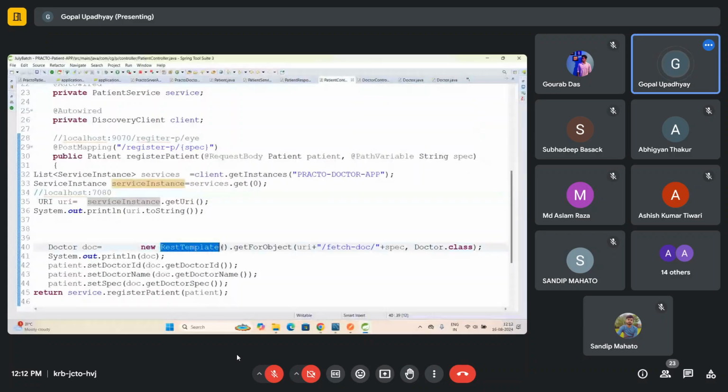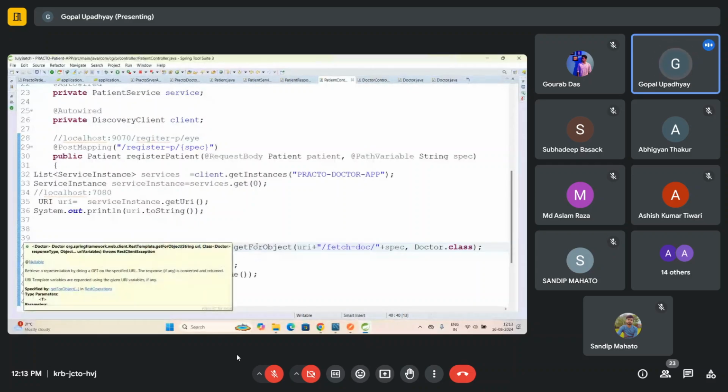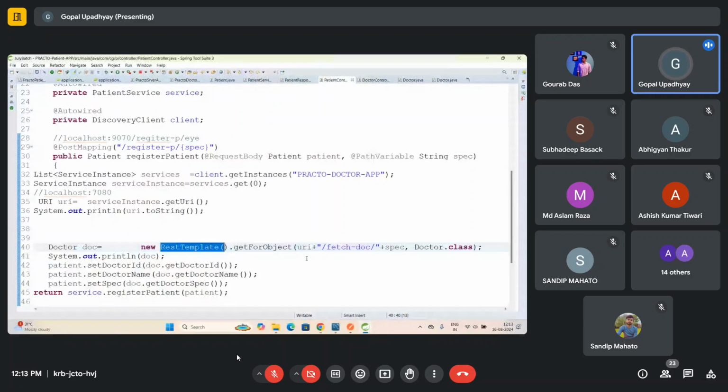अब उसको कॉल करने के लिए, दे गिवन वन ऑब्जेक्ट ऑफ रेस्ट टेम्पलेट टू कॉल HTTP टू मेक द HTTP रिक्वेस्ट। जैसे हम पोस्टमैन से इस रिक्वेस्ट को सेंड कर रहे हैं, अब ये हम रेस्ट टेम्पलेट ऑब्जेक्ट से सेंड कर रहा हूँ। रेस्ट टेम्पलेट ऑब्जेक्ट का देयर इज ए मेथड कॉल्ड गेट फॉर ऑब्जेक्ट। इस मेथड को दो पैरामीटर पास कर रहा हूँ, एक यूआरएल, यूआरआई प्लस फेच डॉक स्लैश डॉक्टर का स्पेशलाइजेशन।